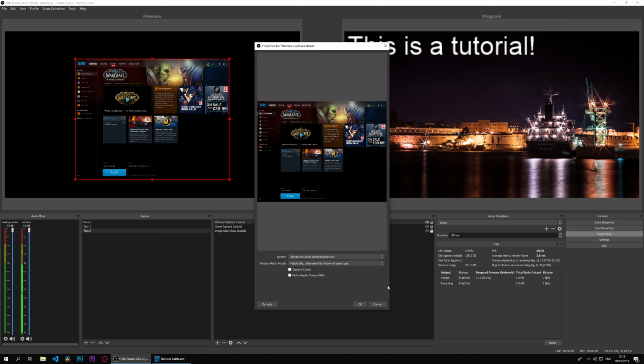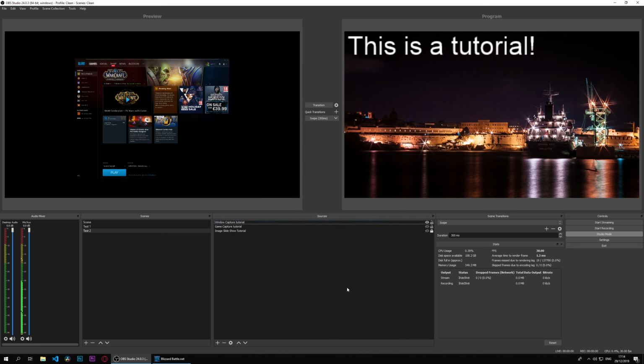This is particularly a useful thing, such as for the use of, say, the League of Legends launcher window while you're waiting for a game, since League of Legends does everything outside of the game before actually loading into the game. So you can see the pick and ban section of it, and you can see everything with a window capture